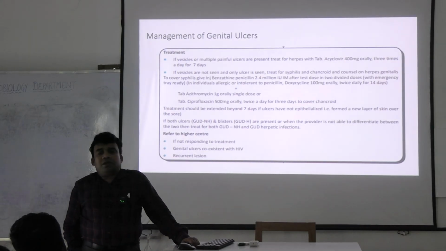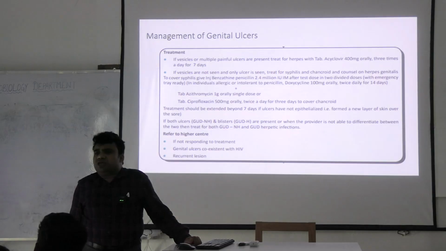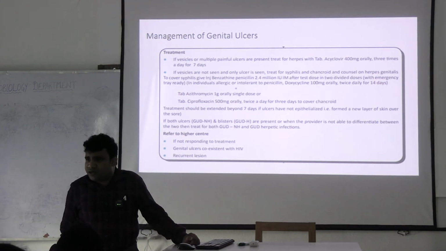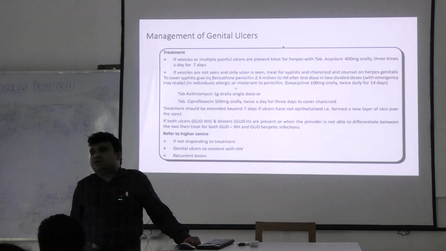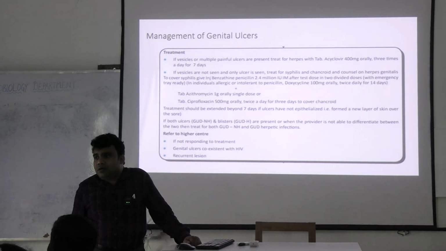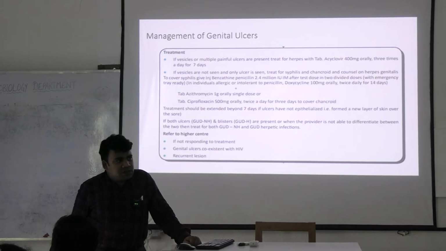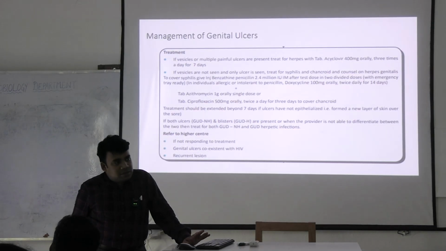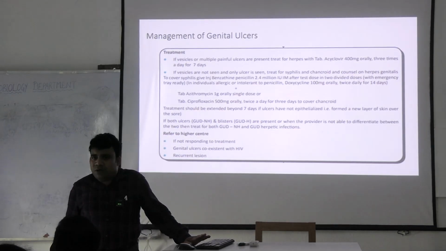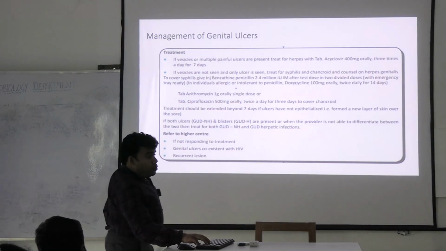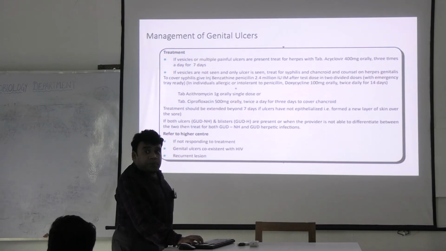ঠিক আছে? For diagnosis of syphilis, we have to rely on the serological test. Commonly, VDRL and RPR are very commonly done. Other definitive diagnosis can be done with the help of TRUST or TPHA or TPI, but they are not available commonly. Commonly available are RPR and VDRL, which can be done. Furthermore, now look at the treatment over here.